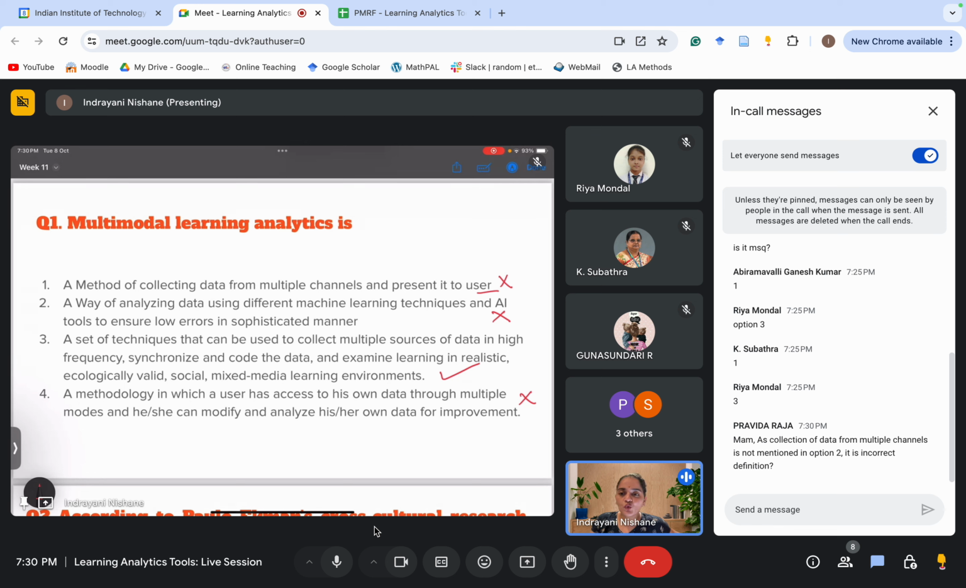So option 2, what they are saying is it's a way of analyzing data using different machine learning techniques and AI tools, but there is no mention of data collection through different sources. And of course, when we are using all the AI tools, and when we are using sophisticated state of the art sensors to capture that data, so we have to ensure that the